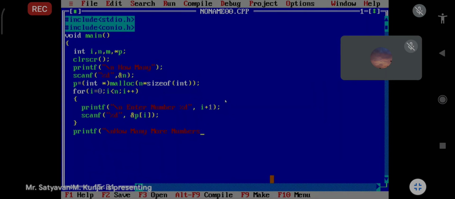Then how many more numbers? कितने आपको ज्यादा नंबर चाहिए? Then that value I am taking in variable m. Then again we have to reallocate that memory space by using the realloc function. Then we have to write here